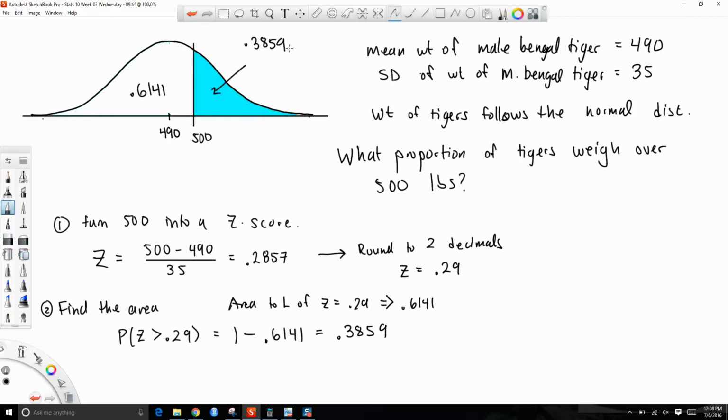So what proportion of tigers weigh over 500 pounds? Our answer is about 39%, 0.3859. So a little under 40% of tigers. Is that okay? All right, let's